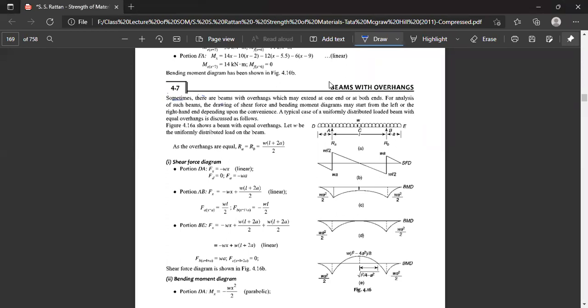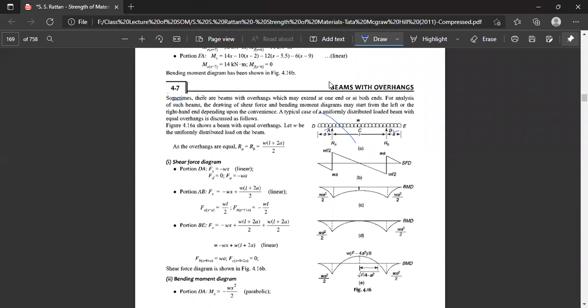Now there are beams with overhangs which may be extended at one end or both ends. Where the overhang is, that is clearly mentioned in the diagram. Here, this is the beam from D to E, supported at the point A and at the point B, and it is loaded by a uniformly distributed load of intensity W per unit length, which is extended from the end D to the end E, thus covering the total length